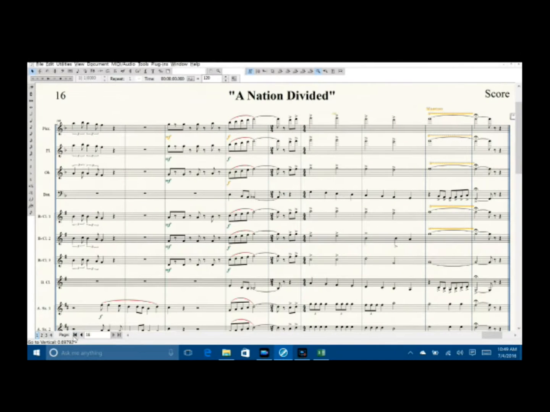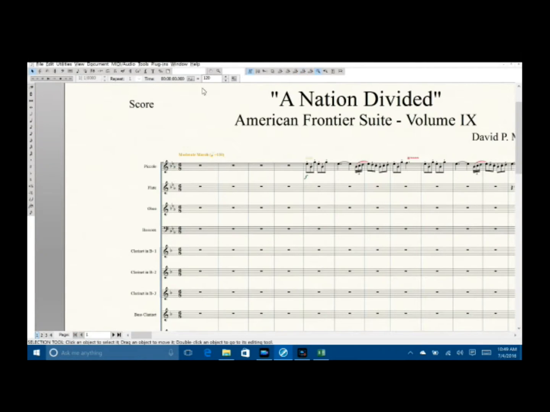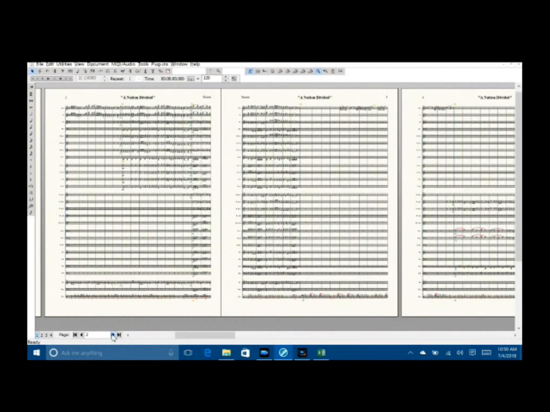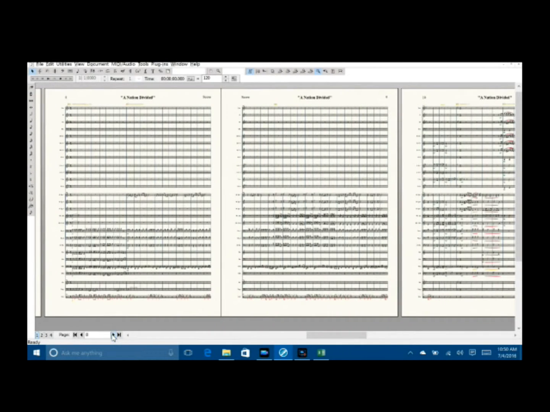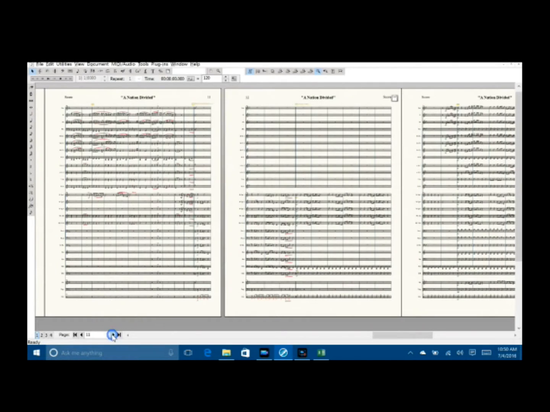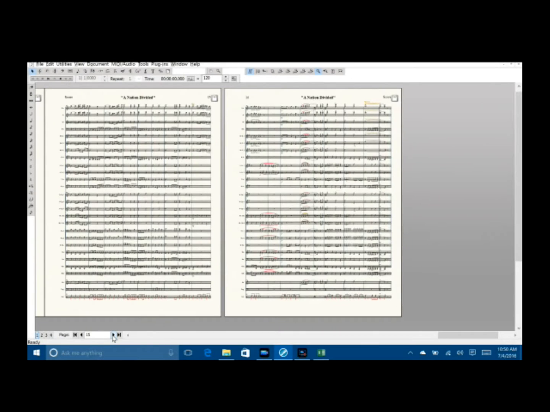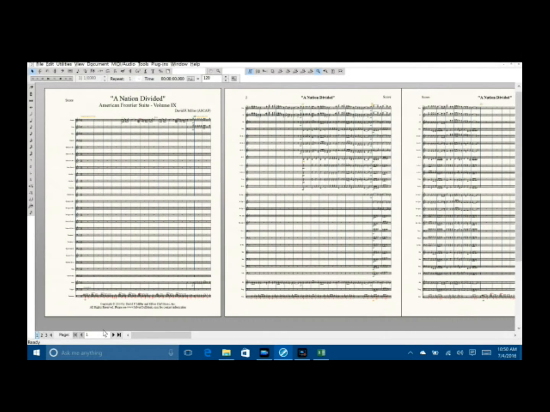All right, let's go back to page 1. Let's see the whole view, double right click. And let's just scan through it, see if anything jumps out at us. Yeah, looks pretty good. Music density looks acceptable. It's something people could read if they had to, although you really don't want to have to read 23 pages on 8.5 by 11. Large publishers print on 9 by 12 paper, but I gotta tell you, 23 staves or 26 staves on even 9 by 12 paper is just not gonna hack it.